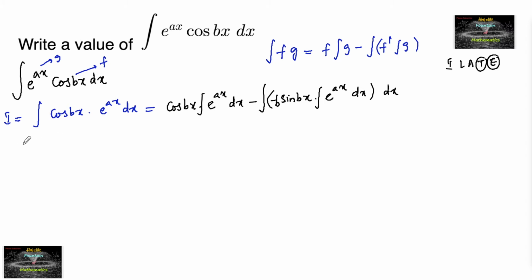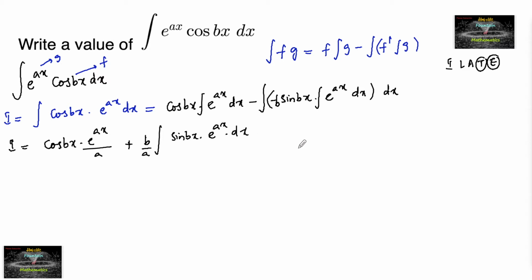This can also be written as I is equal to cos bx into the integration of e to the power of ax, which is e to the power of ax upon a, minus of minus, here plus, so we can take out b, the integration of sin bx into the integration of e to the power of ax, which is nothing but e to the power of ax upon a, so let me take a outside,